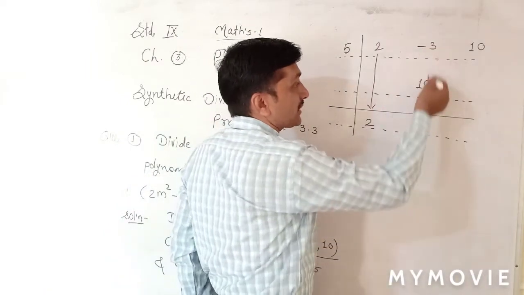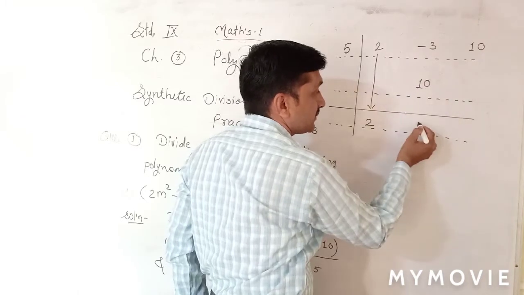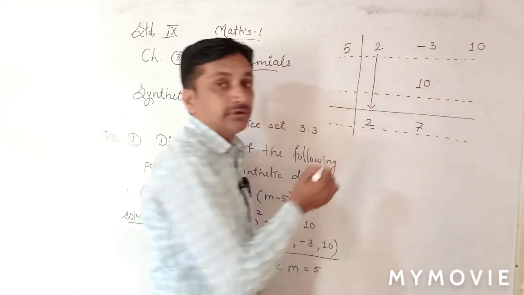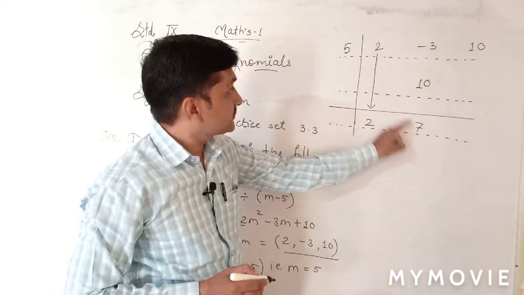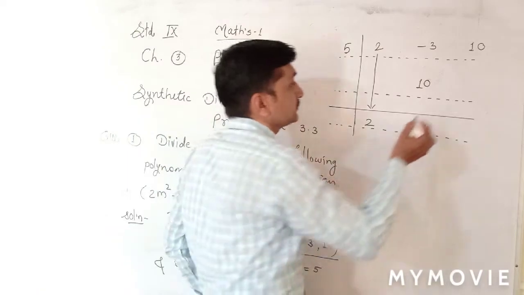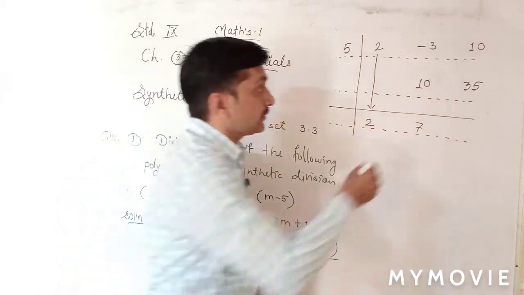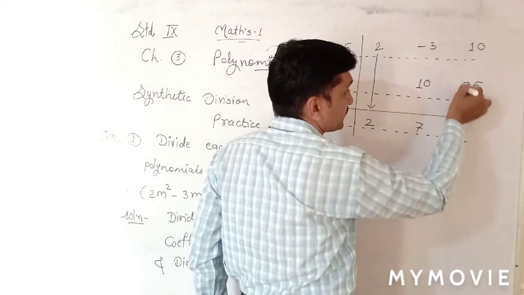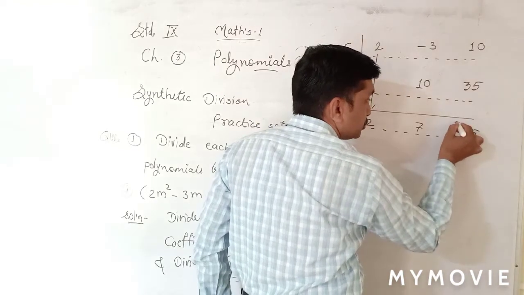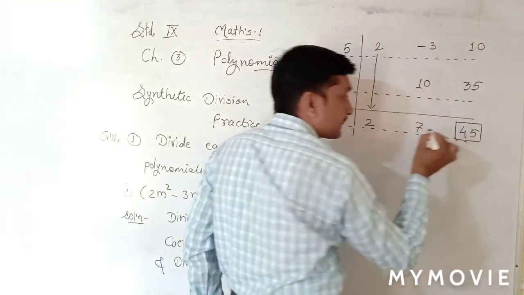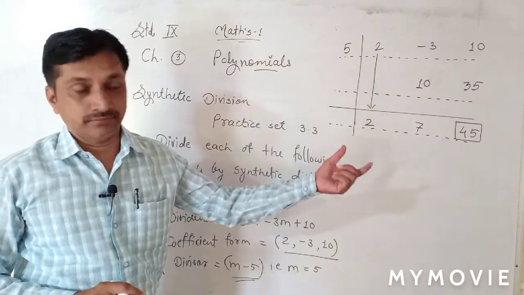And here the addition and subtraction process. Minus 3 plus 10 is 7. Write 7 down here. Now here again we have to multiply with the divisor. 7 has come, 7 5s are 35. Right? And again here now addition. Here plus, that's why the addition is 45. And draw a box around the last number, because the last number is the remainder.